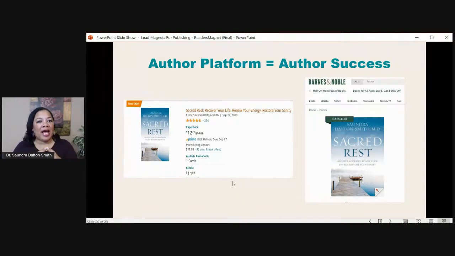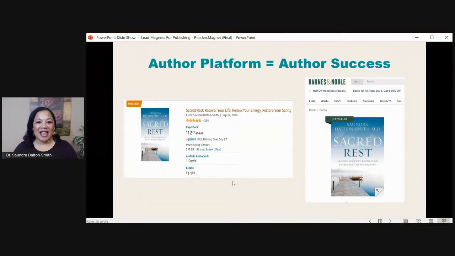And so when I look at that and I'm thinking about how do you define success as an author? It's not always about the numbers. It's not always about the bestseller list. For me, it's about, am I affecting people's lives? As a physician, that's been a huge thing for me. I want people to feel better, to not live burned out, to enjoy their life, to choose their best life,